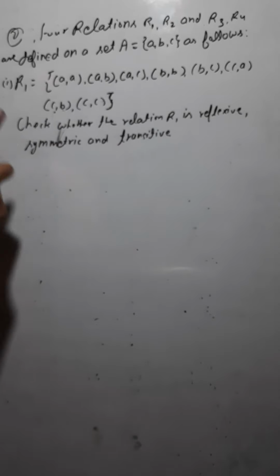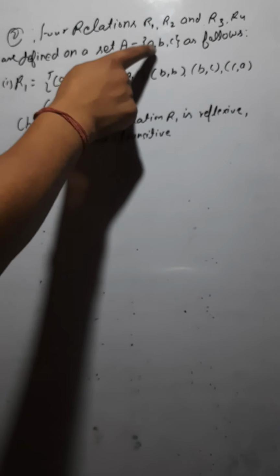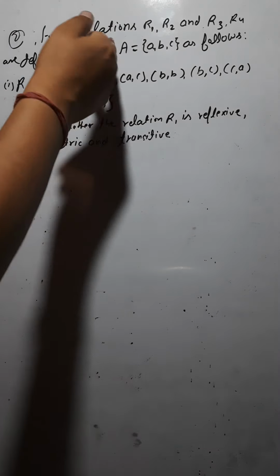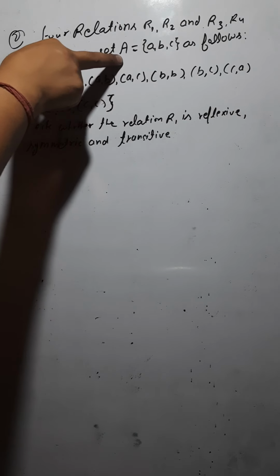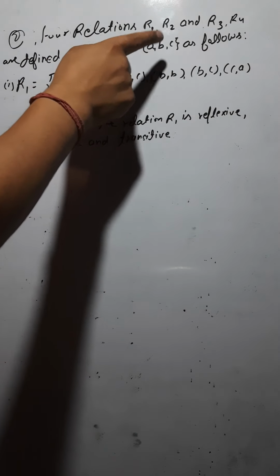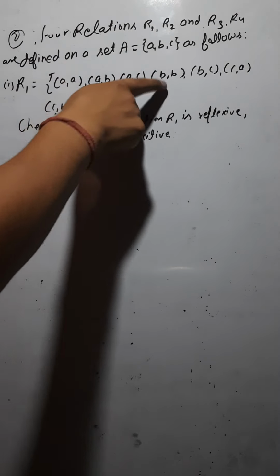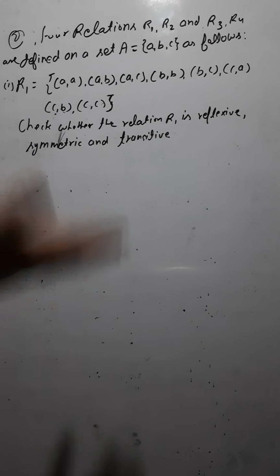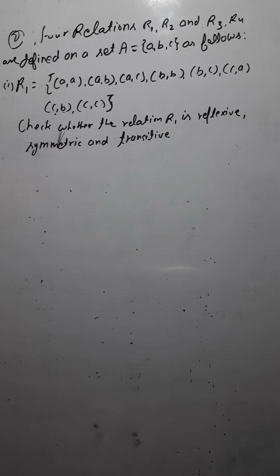First, the relation R is reflexive if the doublets of all the elements which are in the set A are there in the relation R1. Then you would call the relation R1 reflexive. Now let's check. The set A contains the elements A, B, C. Is the doublet of every element in R1? Yes, AA is there, BB yes, CC yes, this is also there. So hence you would call the relation R1 reflexive.